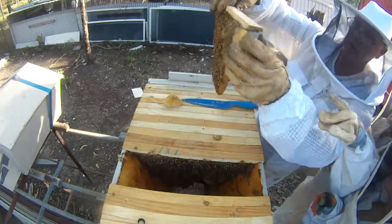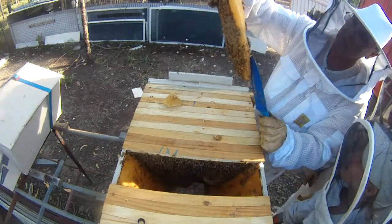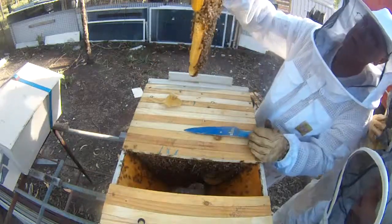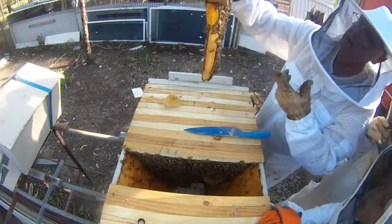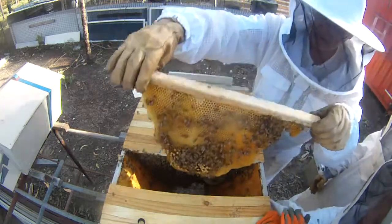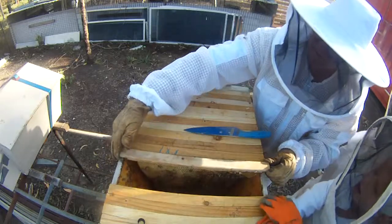Now all those guys down the bottom here, see these guys? They're all drone cells. I don't know, some people don't like having too many drones and some people do. Look at all the honey. I'm so happy. These guys have hardly ever had honey. Maybe they're working better. They are working better, but what I think is actually happening is...